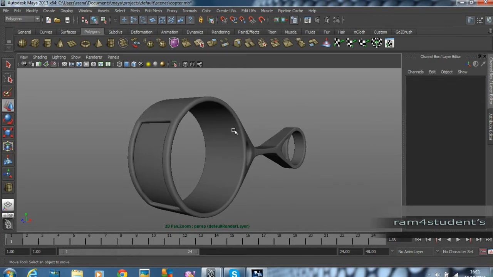So this is the end of part 2, where we have completed the base structure. Once you're done with this, if you're not confident, redo it, re-practice these tools. Once you're happy, save your file,